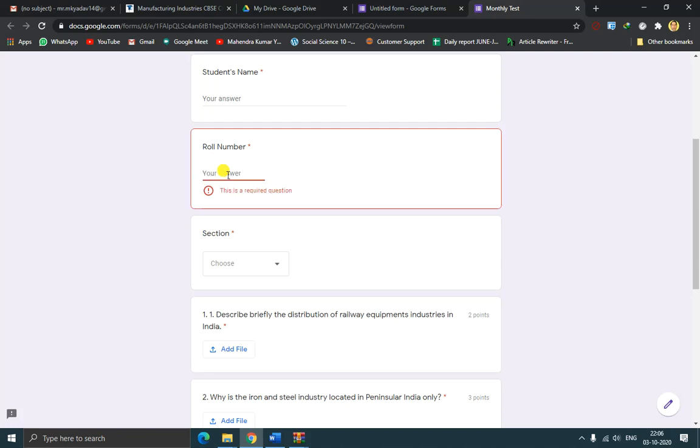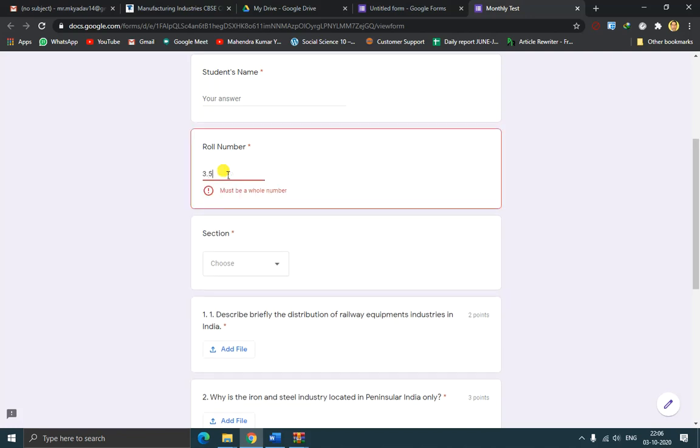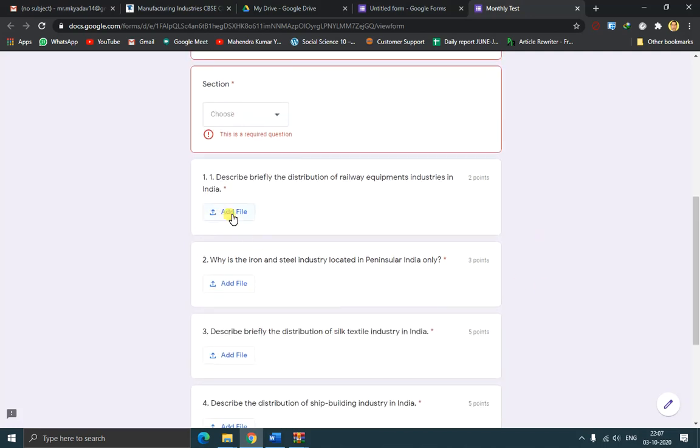And if the student writes the roll number as a fraction, it will not accept it; it should be a whole number. As we chose a drop down box here, the student just has to choose the section. And now the add file option is coming, so the student has to add the file for giving their answers.